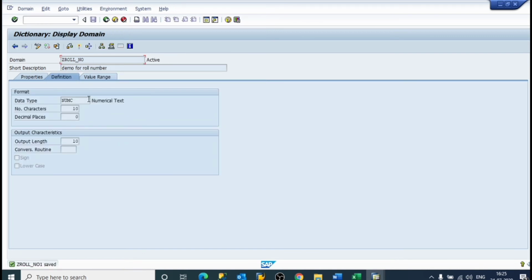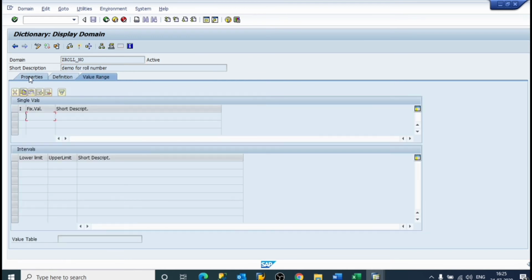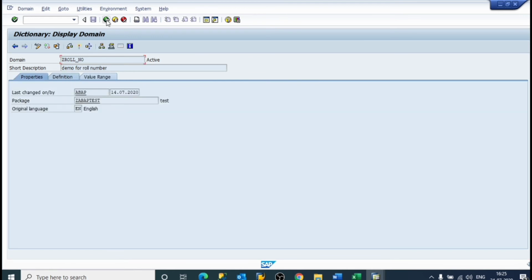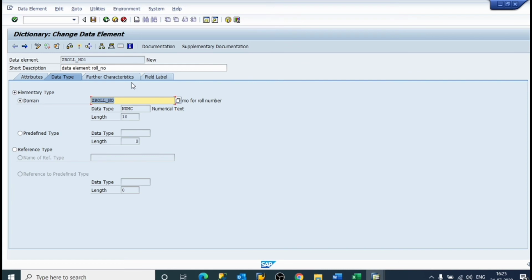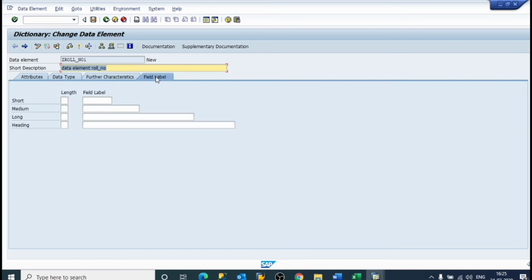Now see, previously we have created a domain also, Z roll number. Field name, we will write as roll number.